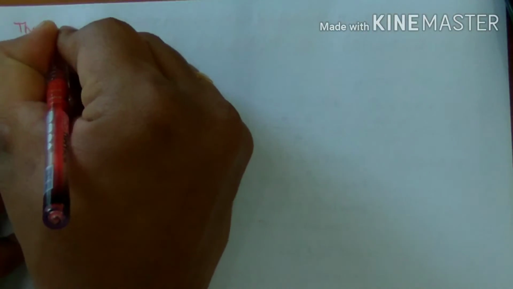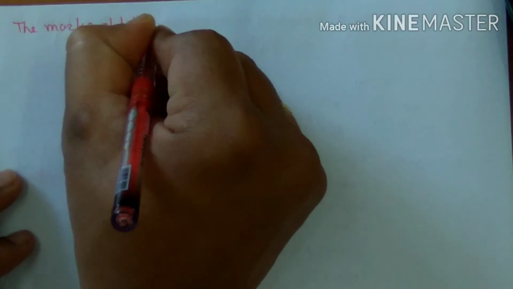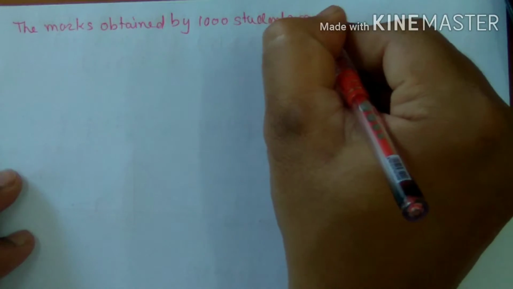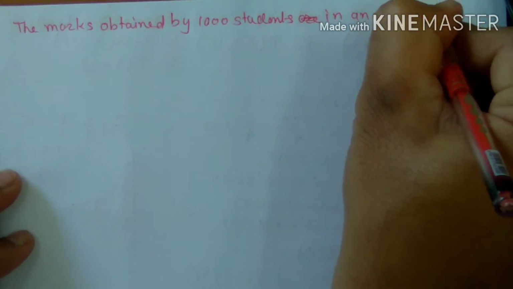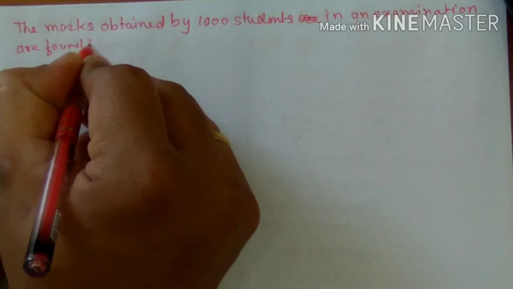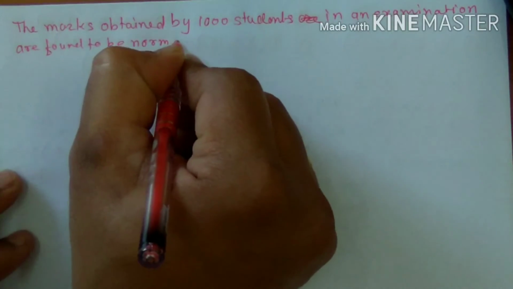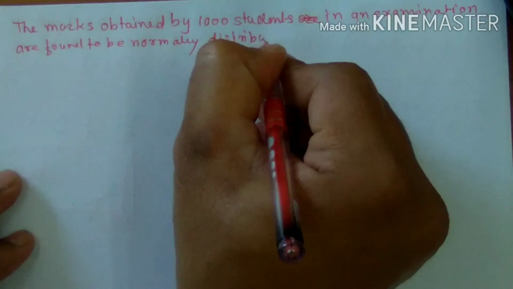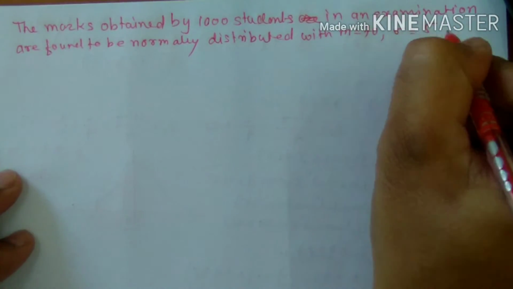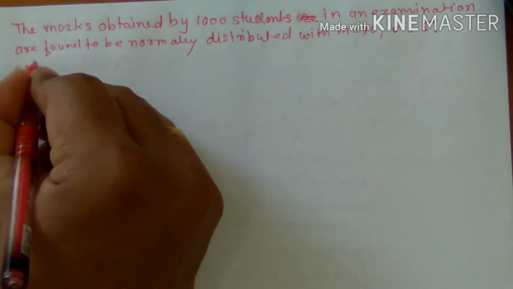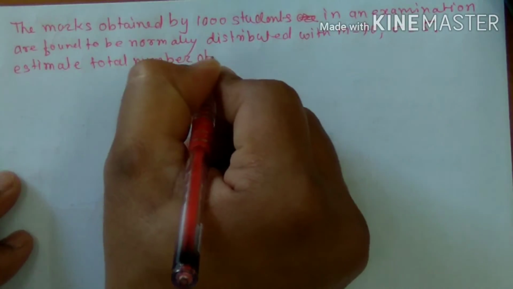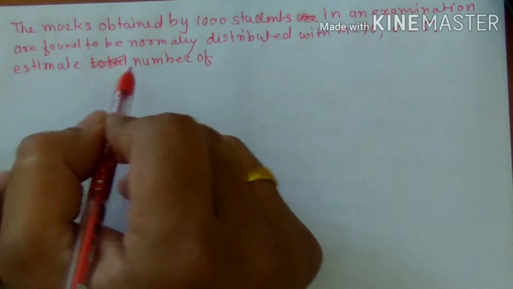The marks obtained by 1000 students in an examination are found to be normally distributed with mean 70 and standard deviation of 5. Estimate the number of students